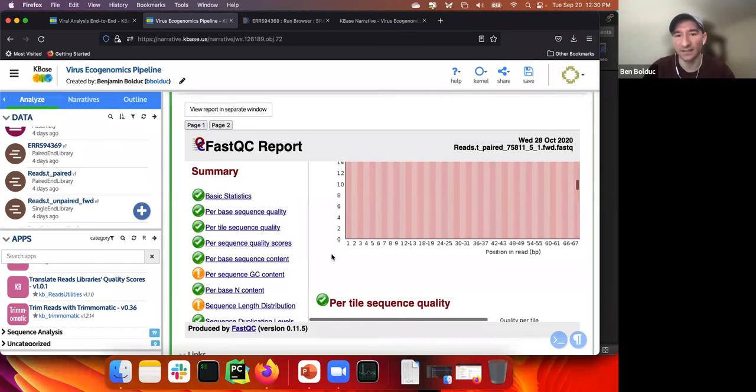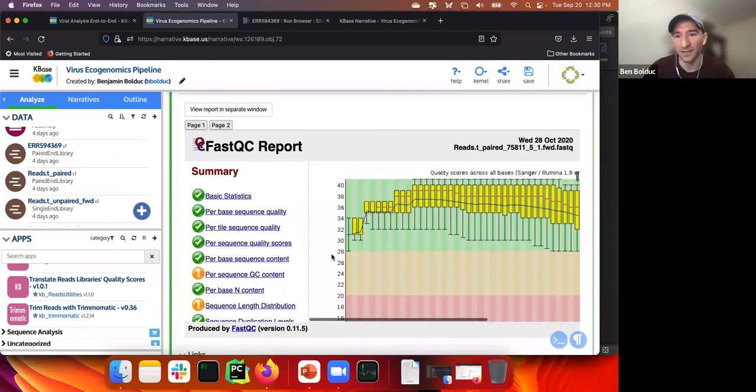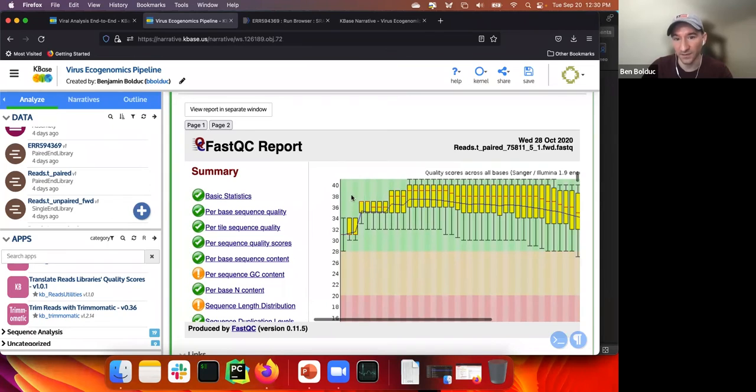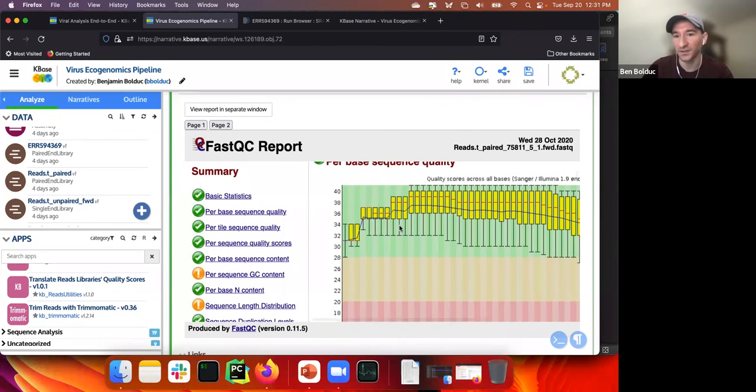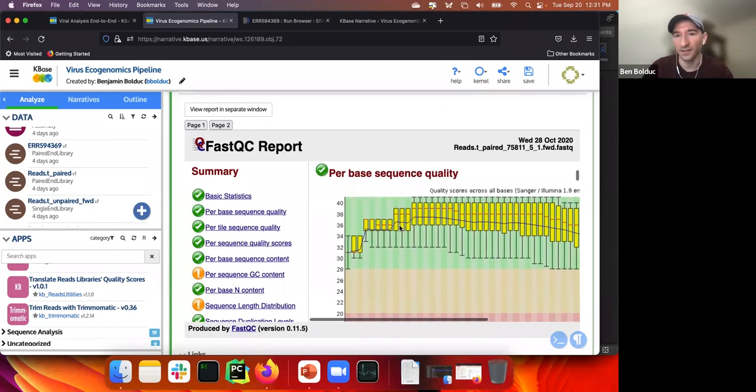And I'm sure someone's going to ask, how can you tell? How do I know my data is good? It'll be a long-winded answer, but I can summarize it by saying, just try to get most of your data into this green. Because these are basically confidence scores, the probability that your base is incorrect. But once you start hitting 30 plus, the chances of that being a bad base call is so minuscule that it